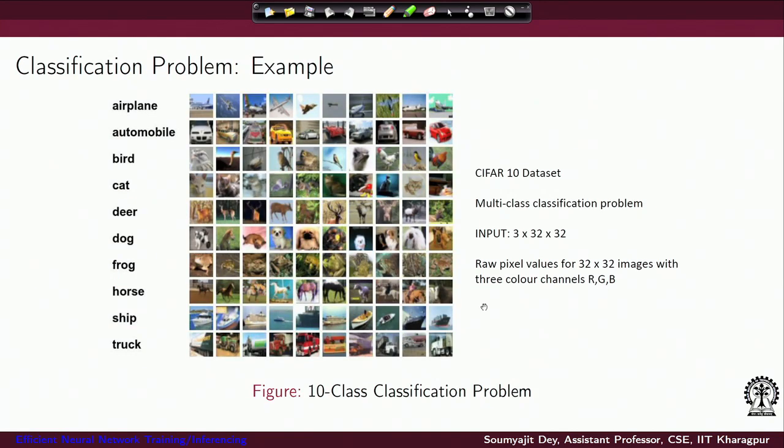So, for example, we will just show some examples here of popularly used data sets. For example, with this CIFAR-10 data set, I can have a multi-class classification problem which is pretty well known. I have input images of size 32 cross 32. Let us say I am trying to classify these images into these categories provided on the left hand side, and of course, I have 3 channels for red, green and blue, right. So, overall each of the input images is of the dimension 3 cross 32 cross 32.